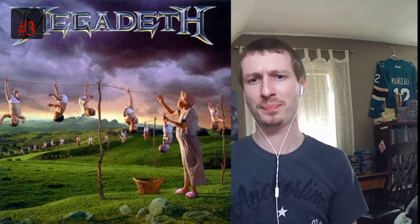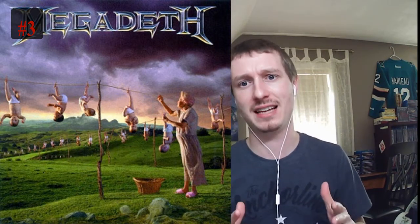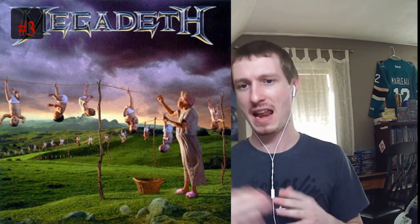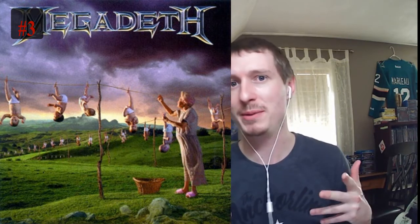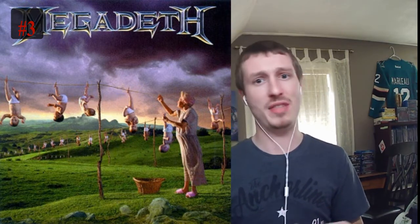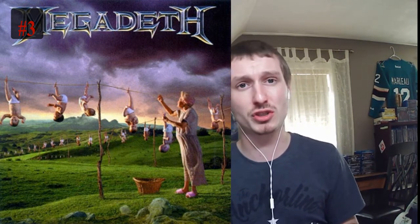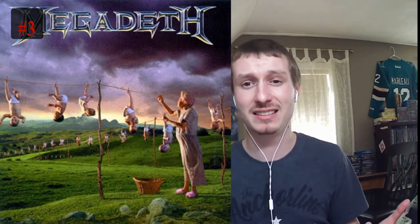Next up at number 3, we got Euthanasia. Now, these are getting into the real good album covers right here. I really like this album cover. You got the old lady hanging up the babies upside down on the clothesline. At first look, you're like, this is kind of sadistic and weird, but you notice the babies are all smiling and having a great time. And it really lines up with the Euthanasia song itself, with its lyrics, how they've been hung out to dry, and they're in a better place than being on the streets, homeless, or in a bad situation with